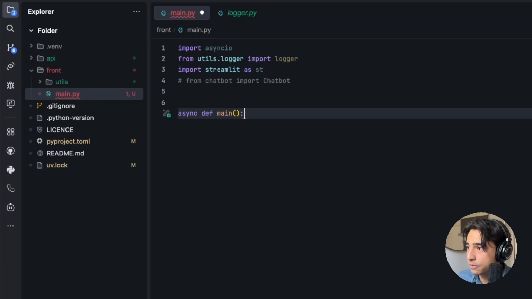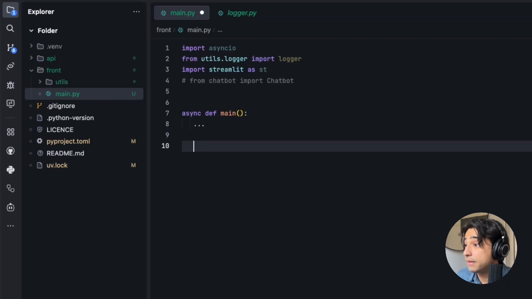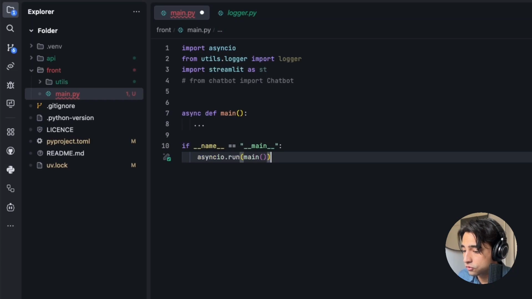Very quick, very straightforward. And after that, I'm going to be importing Streamlit as st, and we're going to be using asyncio. So I'm going to initialize my main function right here, and then we're going to just run it when we actually execute the whole thing. And we're going to be using three different